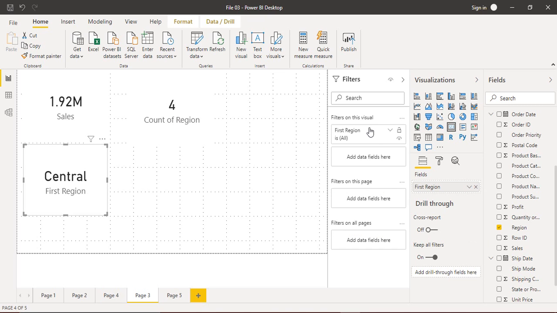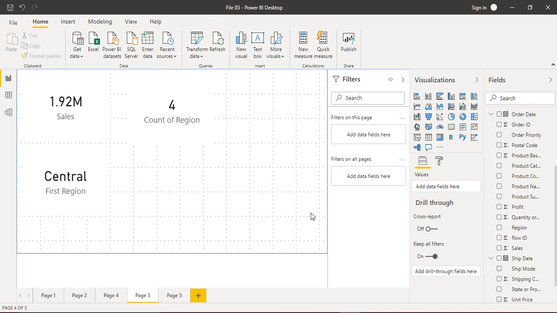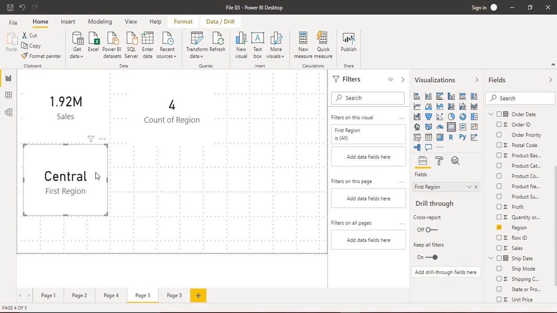Filters on this visual apply to the particular visual that is selected. Filters on this page are applied over all the visuals of this particular page, that is page number 3. Filters on all pages means the filters would be available on all the pages, like from page 1 till page 5.